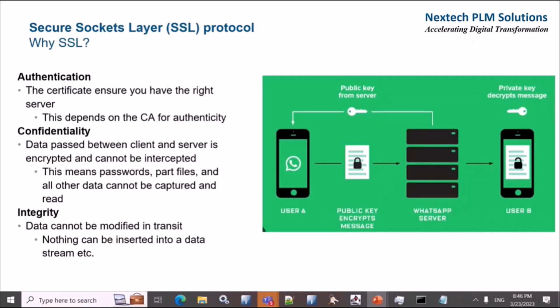Why is SSL required? This is a standard WhatsApp image I have copied over here, since nowadays this term is very frequently used: encrypted data, one-to-one messaging, or secured communication between you and your special one. Similar kind of stuff we can implement for your Teamcenter applications, where we can configure your certificates, and by configuring certificates we can make sure our communication will be secure and in an